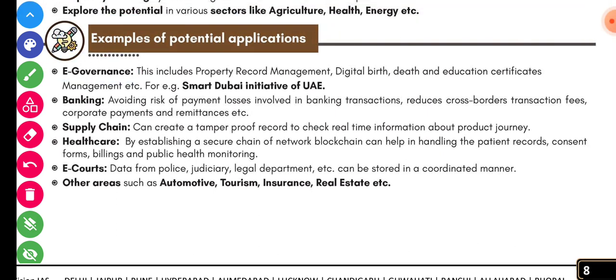And what are the examples of potential applications? E-governance. This includes property record management, digital birth, death and education certificates management, etc. For example, the Smart Dubai initiative of the United Arab Emirates. And banking. In banking applications, avoiding risk of payment losses involved in banking transactions, reducing cross-border transaction fees,